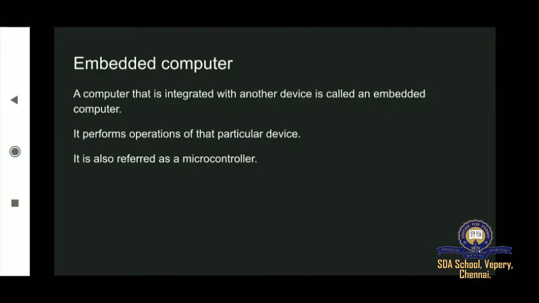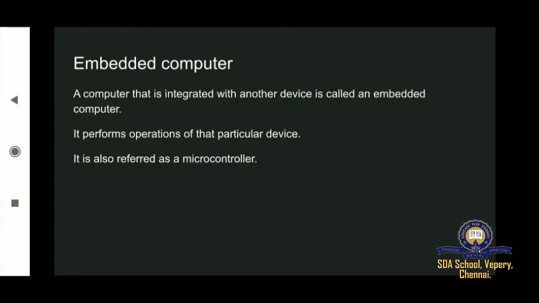Okay, I'll explain it in more detail, then you'll understand what an embedded computer is. You would have seen a fully automatic washing machine. Everybody will have an automatic washing machine at home. On top of the washing machine, you have buttons. If you press the buttons, it will work accordingly. So how does it work automatically just with the press of a button? Have you ever thought of it?